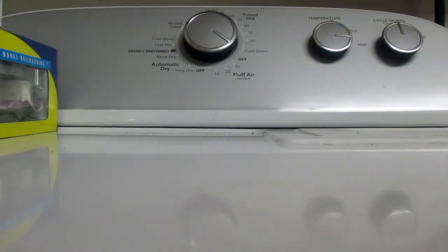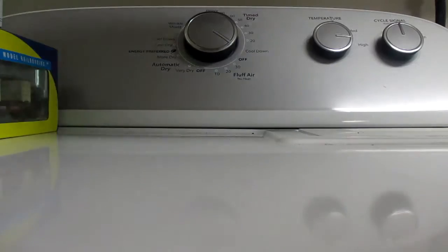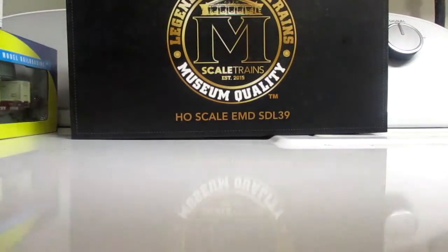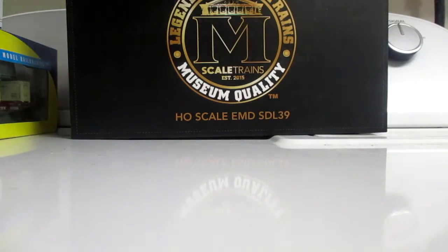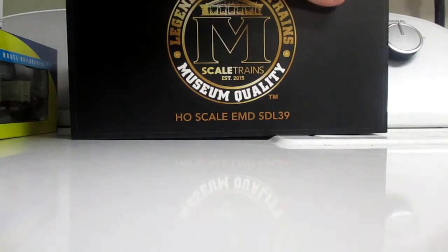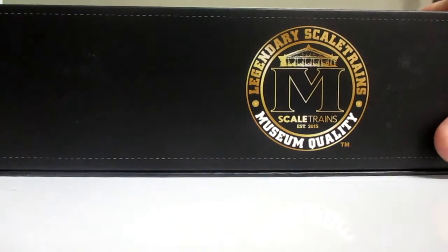And now, my lovely lumpies and germs, as Catechirus would say, ladies and gentlemen, boys and girls of every age of the circus known as life, we come to the pièce de résistance of the railway. This, my friends, is the SDL39, otherwise known as one of the smallest mainline diesels out there. This is a legendary Scale Trains locomotive. And my dear, dear friends,